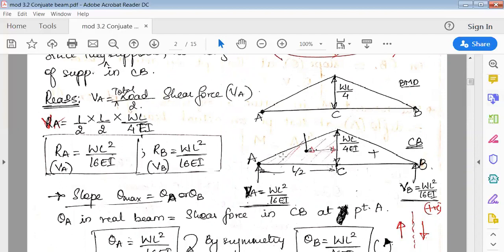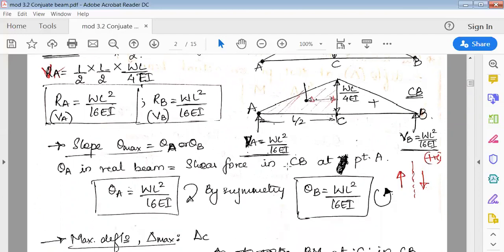Now to the left side, this is a triangle. Check, there are two types of loads. One is this load, and one more is this load, the area of a triangle load, acting downward. Then VA, the shear force, is acting upward. Now if you want to find deflection, it is force into distance. So if you want to find bending moment, likewise,